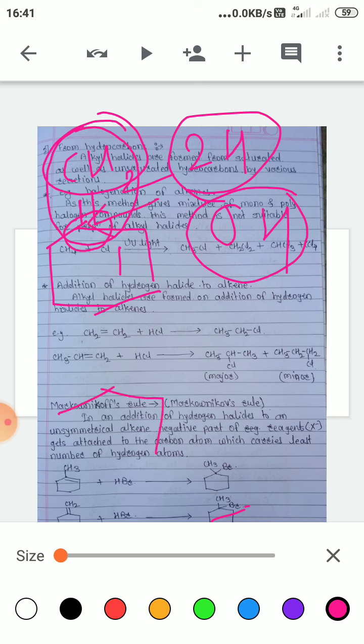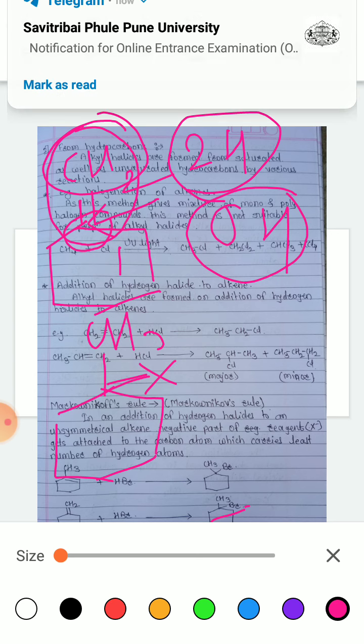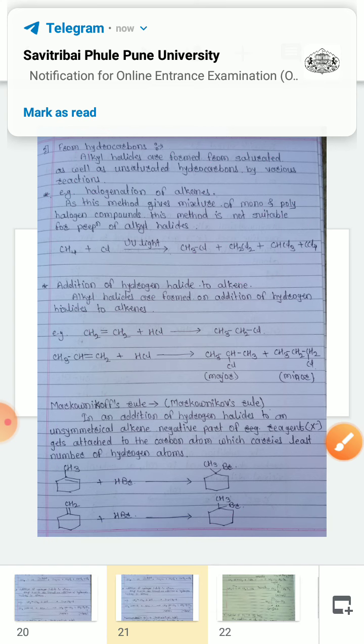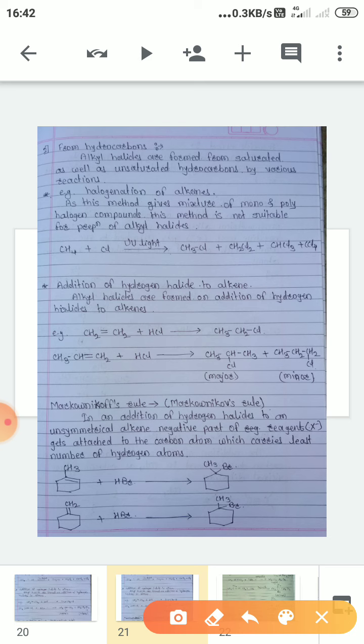Okay, and therefore the product will be CH3, and here we'll get any halogen, maybe chlorine, bromine or iodine. See the example once again: here, cyclohexene which contains a methyl group at one carbon atom of the carbon-carbon double bond. When HBr is added to that, then we'll get 1-bromo-1-methylcyclohexane.